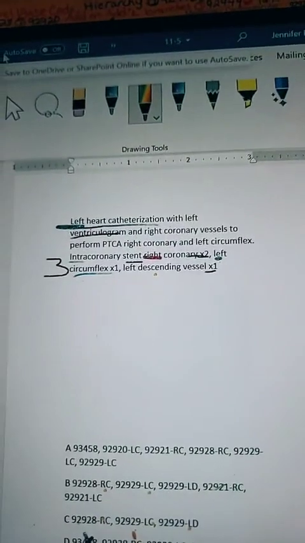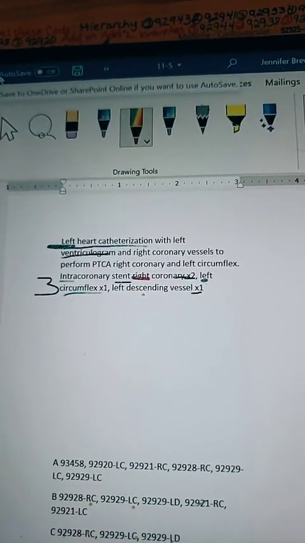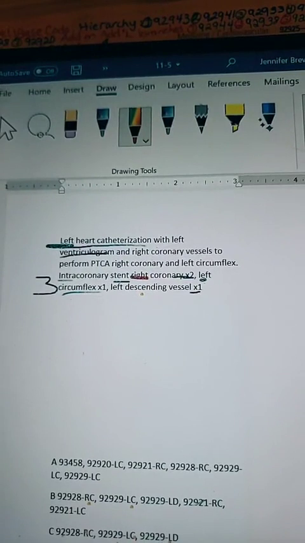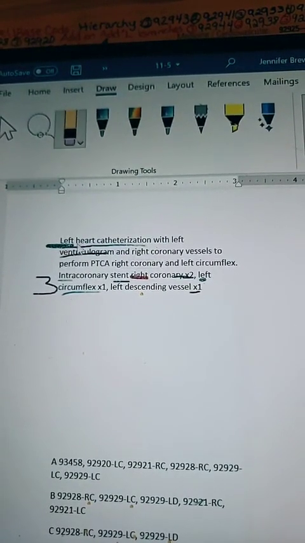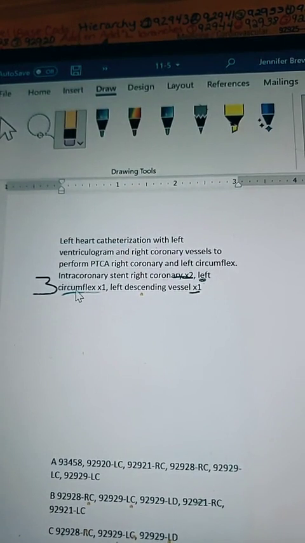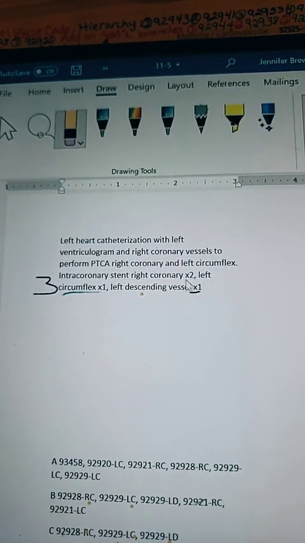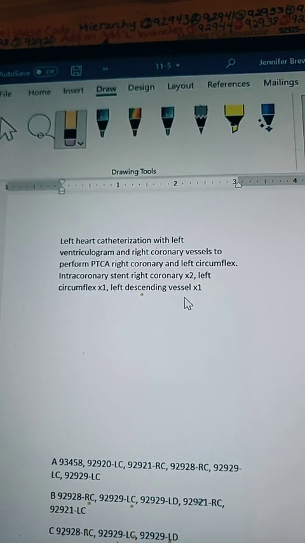So, is that helpful at all, guys? I don't know how many heart catheterizations are coming up on the AAPC exam right now, but if you run into these questions for these codes on 726 and 727, I want you to know that